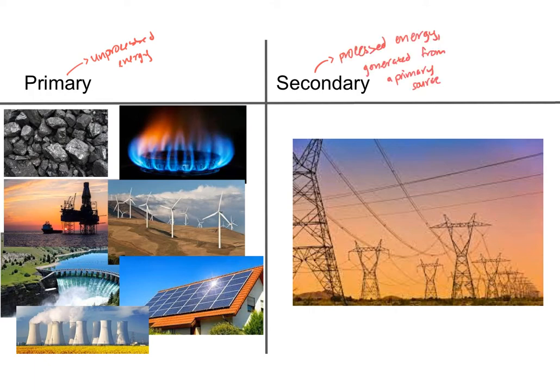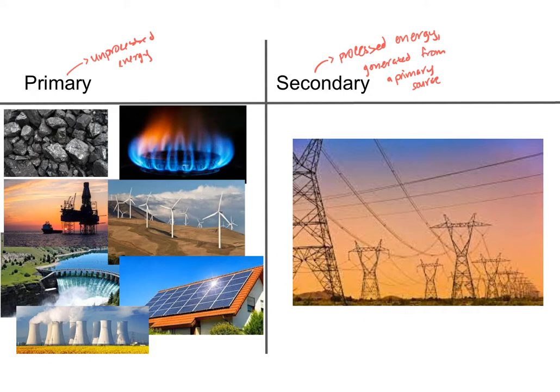Now, the energy sources that we talked about on the previous slide are primary energy sources. So coal, oil, natural gas, wind, water, nuclear reactions, and finally, of course, sunlight are all primary sources of energy. The power plants that we use, so our thermal power plants that generate power from our fossil fuels and from nuclear energy, our hydroelectric dams, our wind turbines, and our solar panels are all used to process different primary energy sources into the most common secondary energy source that we see, which is, of course,